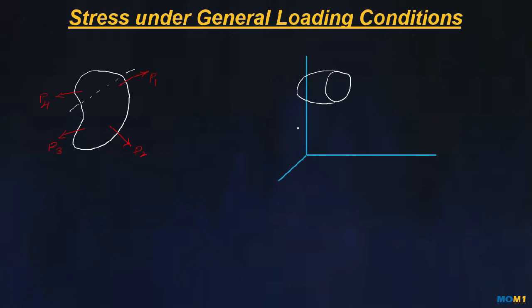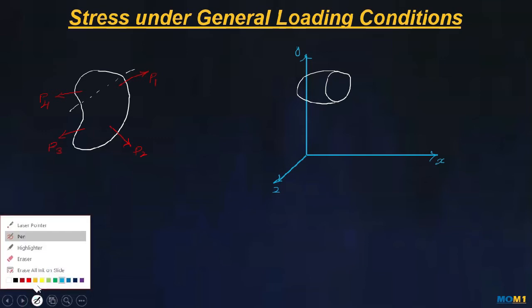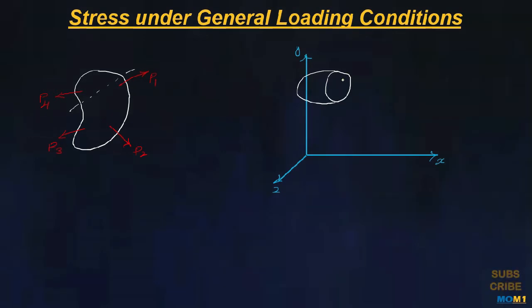on coordinate axis. Here this is the x coordinate, this is y, this is z, and further we take a small elemental area of this cut section, del A, and the stresses which are produced on this small elemental area are sigma xx, tau xy, tau xz,